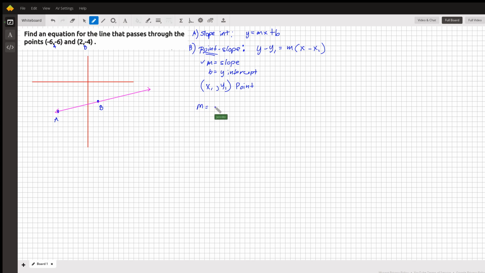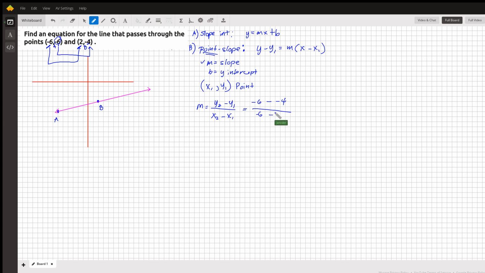The formula of the slope is y2 minus y1 over x2 minus x1. Basically, you just subtract the y's for the numerator, over the subtracted x's. Alternatively, you can also count from your graph, but I'm just going to use the formula. It doesn't matter where you start as long as you're consistent with your x. I'm going to do negative 6, this negative 6 right here, minus negative 4, this negative 4, all over that negative 6